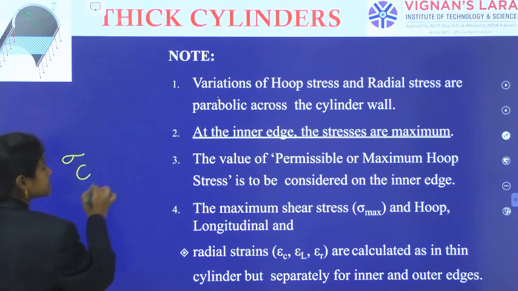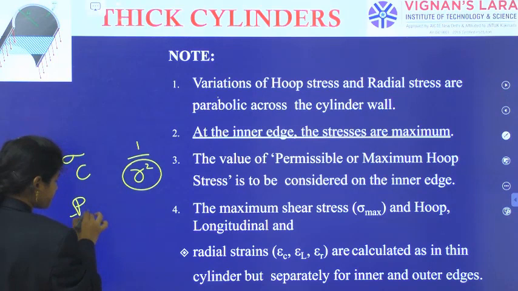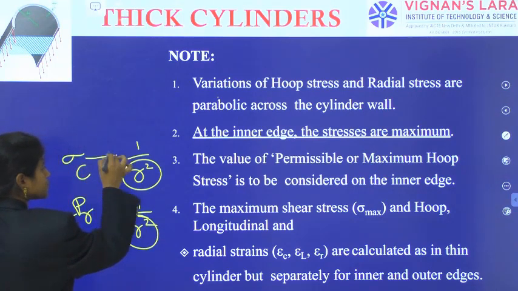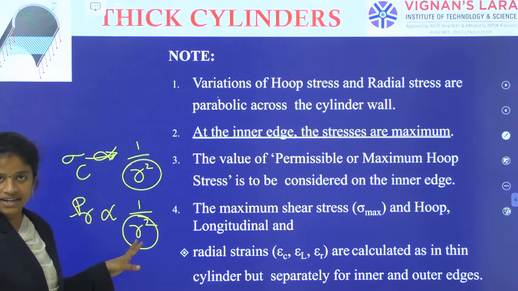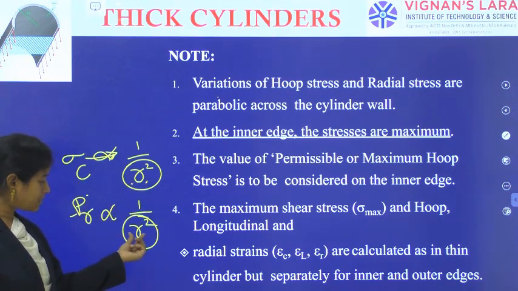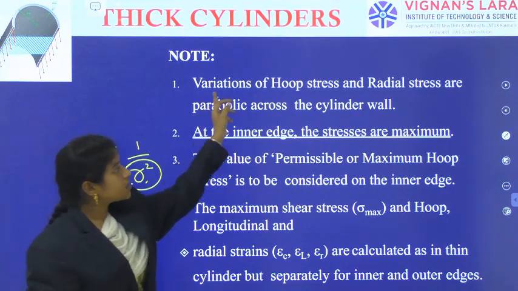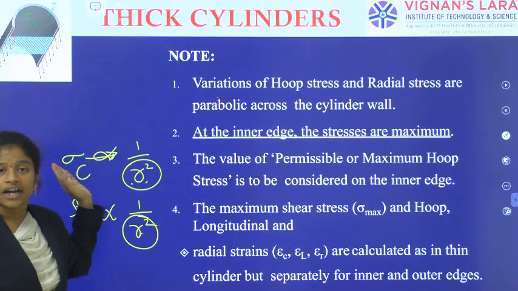Because sigma c has a relation with r square, and similarly PR also has a relation with r square, along with some constants. So between the radius and the radial pressure there is a parabolic equation. That's why the variations of the hoop stress and the radial stress are parabolic across the cylindrical